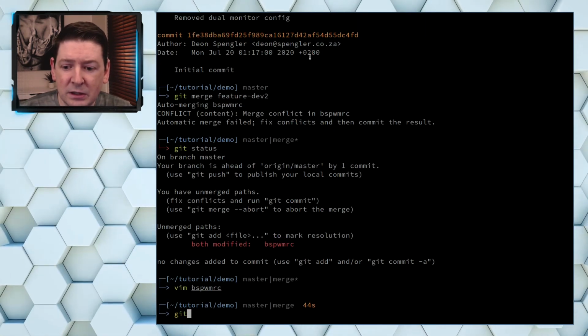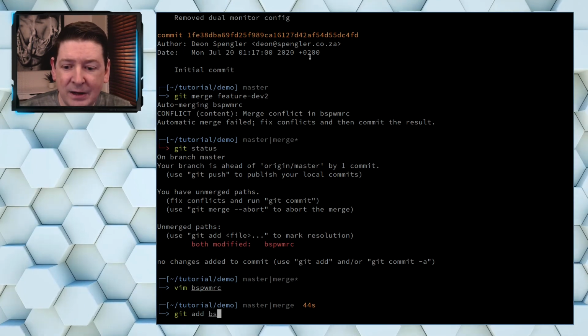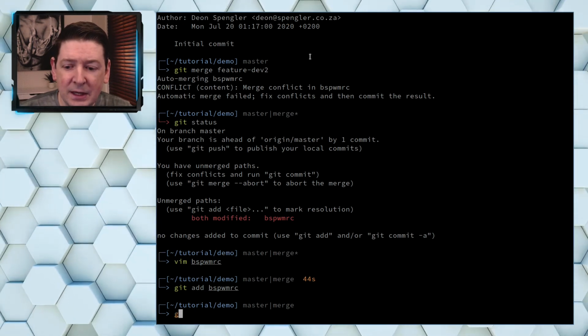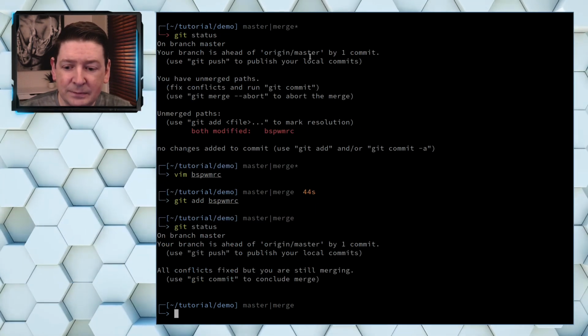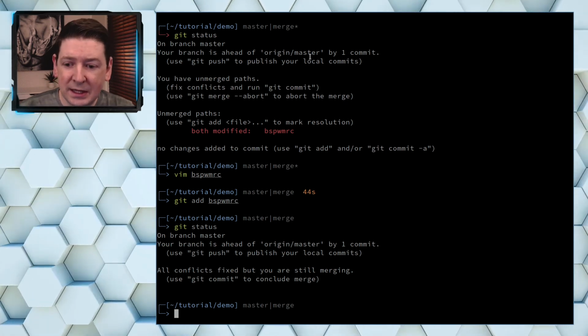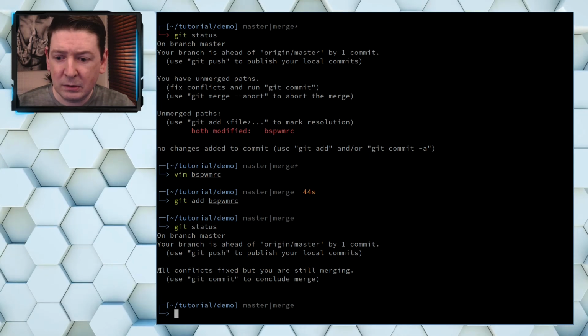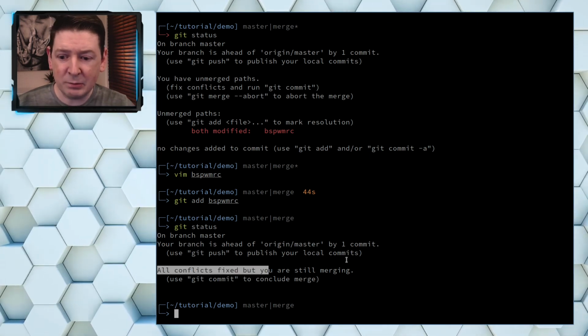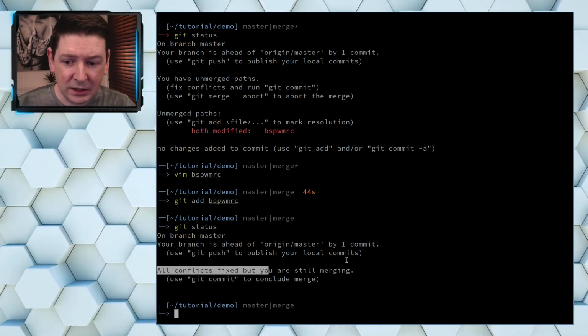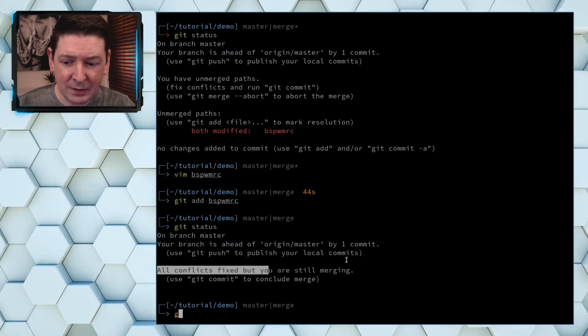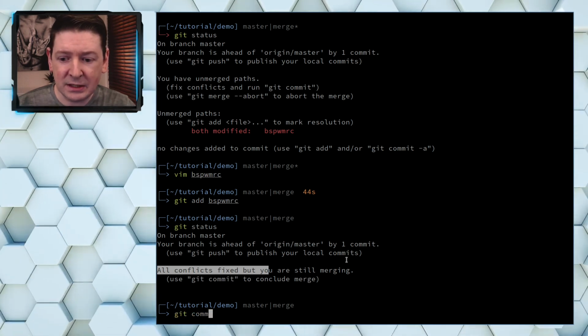Write, quit. We then have to add that file back in. And now if we go to git status, we can see that all conflicts are fixed, but we still have to commit the changes. So it's git commit,